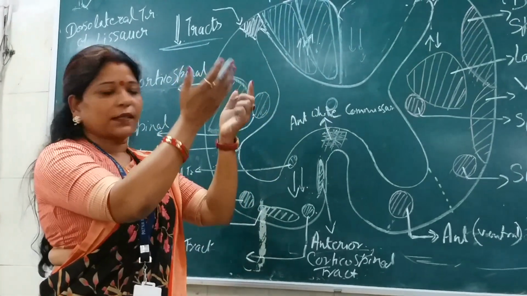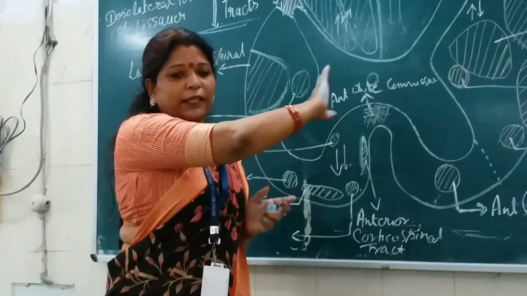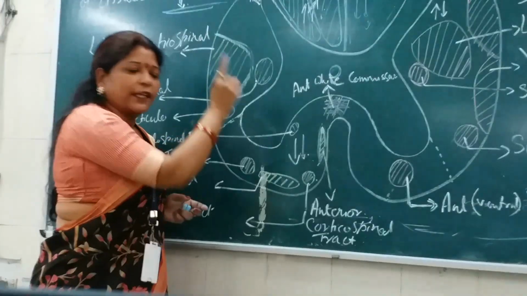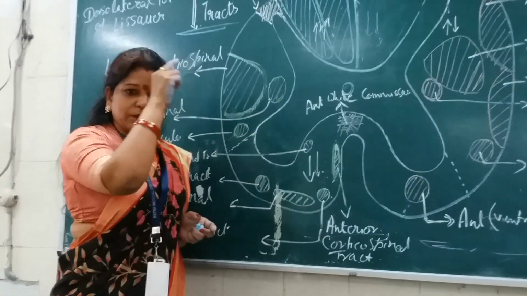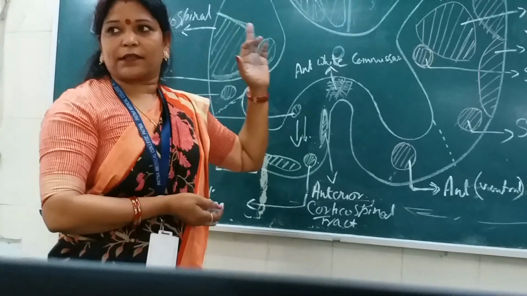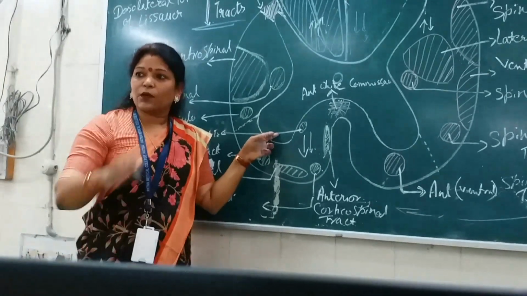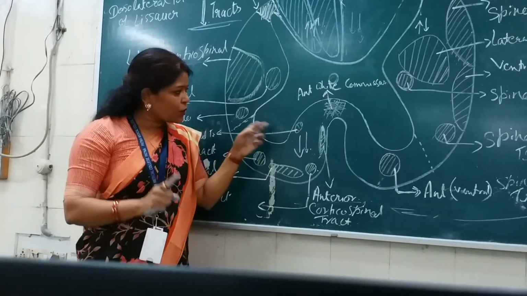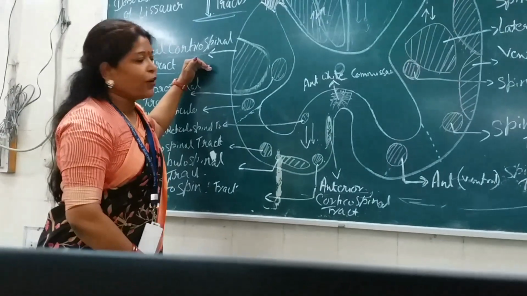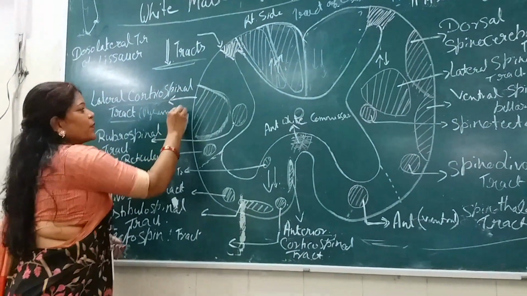When you ascend upwards, this grey matter in the brainstem is scattered. So from the cortex, if the termination of the tract is on the nuclei of the brainstem, that will be known as the corticonuclear tract. But if the tract is descending up to the spinal cord, it will be known as the corticospinal tract, isn't it? So it is like that, and it is included in the list of the pyramidal tracts. Why is this lateral corticospinal tract known as the pyramidal tract? Anyone?